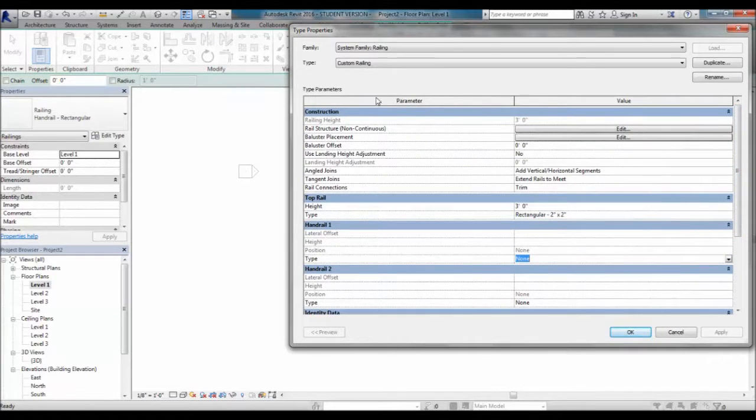Now going back up to the construction area here, you see we have rail structure, and in parentheses it says non-continuous. So you can think of the rail structure non-continuous as any horizontal pieces you'd like to add into your railing that are more decorative. It's not necessarily something you're holding on to. Where it says non-continuous, that basically means that as it meets any of the vertical elements, it'll be broken up. So instead of being a functional piece, it's going to be more of a decorative piece